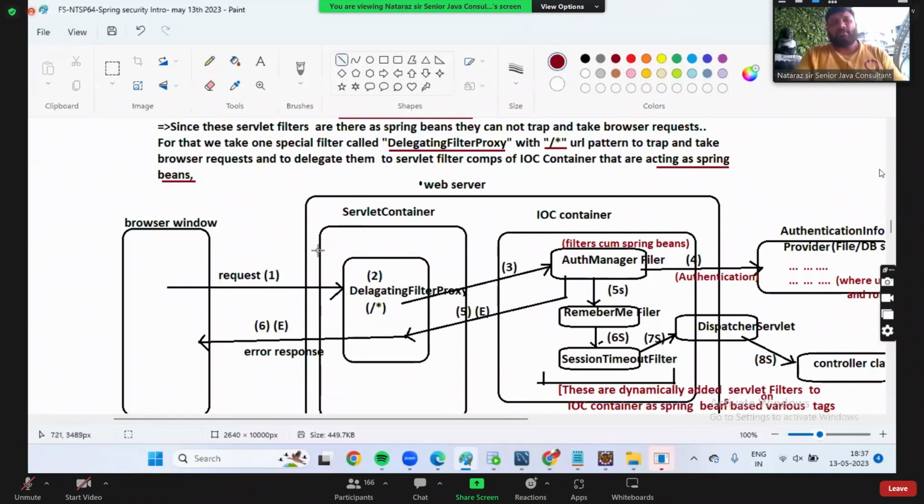That's why I'm keeping a special mediator component called what? Delegating filter proxy, which takes all the requests coming from the browser and passes them to what? Spring Beans that are there in the IOC container. Look at the flow, guys. Number one, request is given. Number two, delegating filter proxy traps and takes the request. Super. Number three,